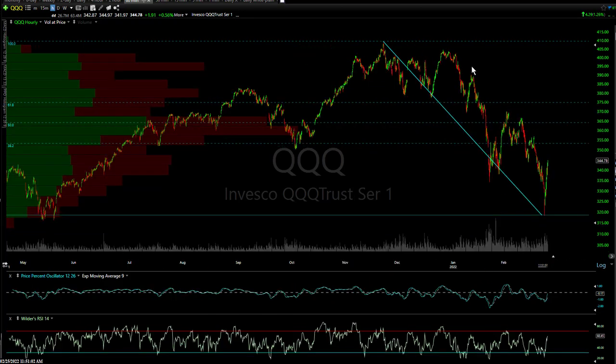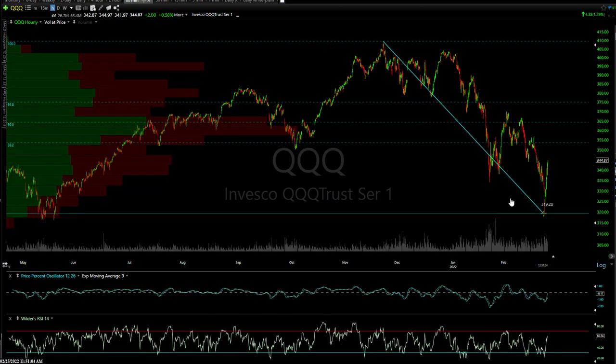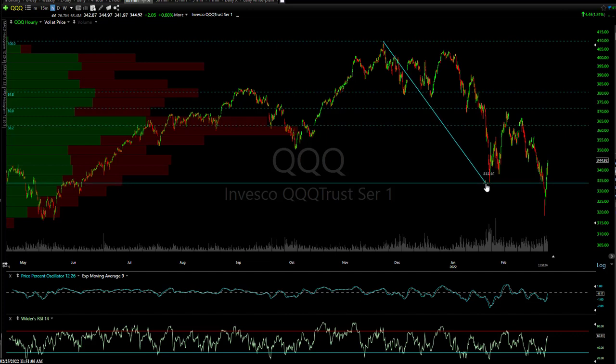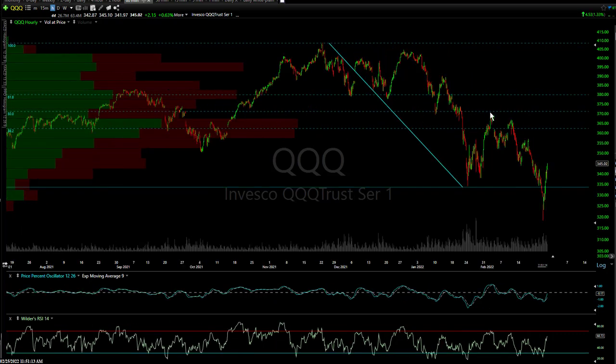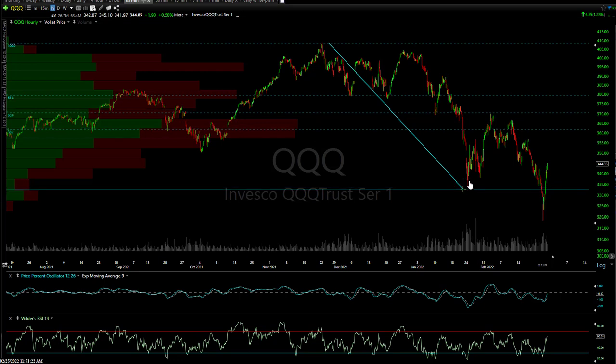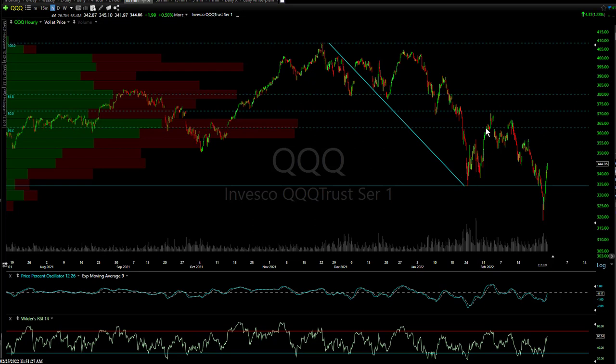A couple weeks back, I did the fun with fibs video. I highlighted that after this major reaction low, we came back to the 50% Fibonacci retracement level in QQQ about the same time that the S&P hit the 61.8. So the way Fibonacci levels work is that, at that point in time, that was a major reaction low. And as I often talk about, it's not always that way. It's not a guaranteed thing, but typically